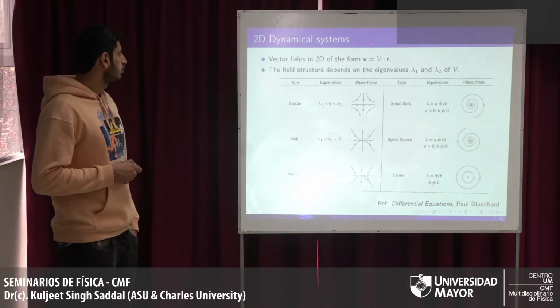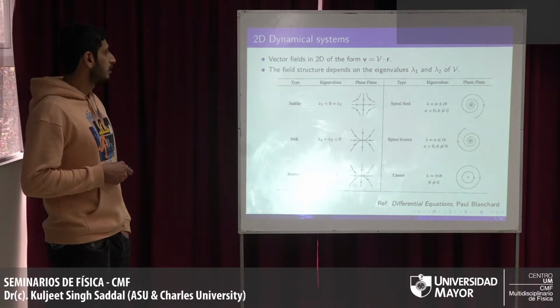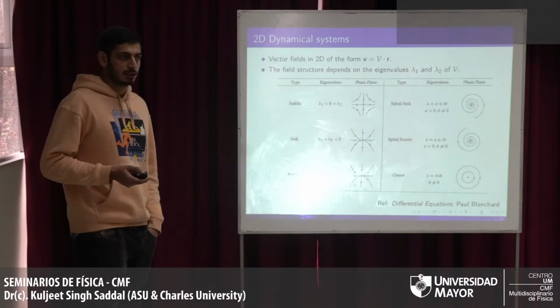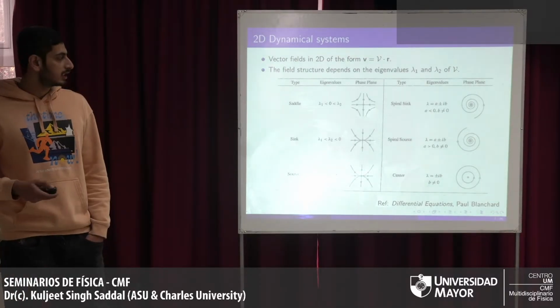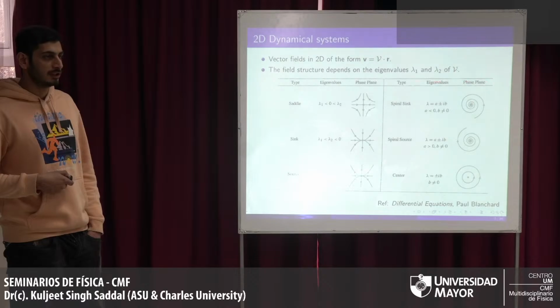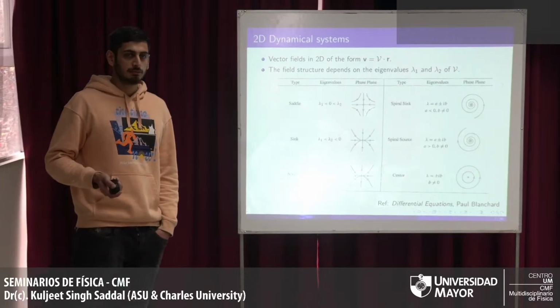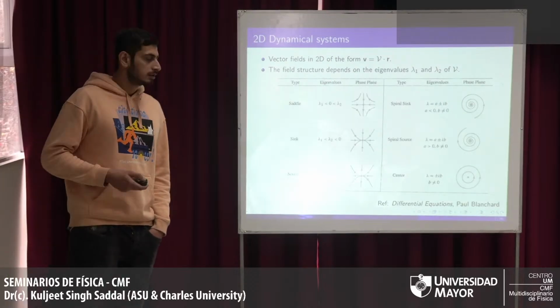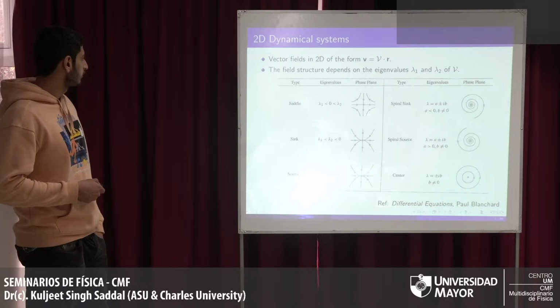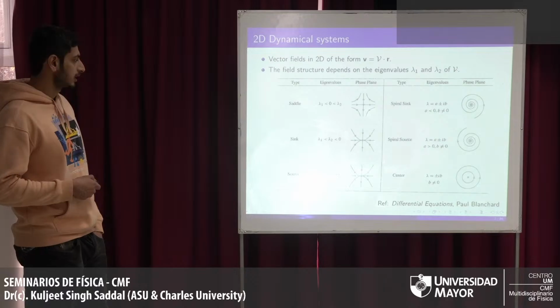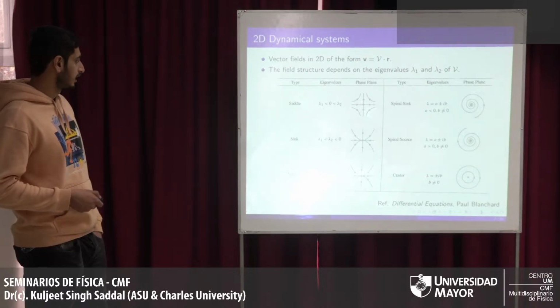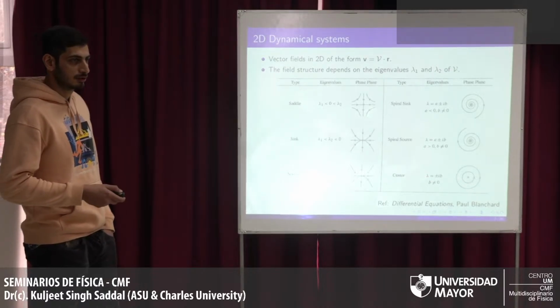We will see that our matrix under the incompressibility condition becomes traceless. And the trace of a matrix is nothing but the sum of the eigenvalues. That just means that lambda 1 plus lambda 2 equals 0, and lambda 1 and lambda 2 cannot have the same sign. So the only configurations we can have are the saddle point, which is shown here, or the center. We call this an X point because it looks like an X, and we call this an O point because it looks like an